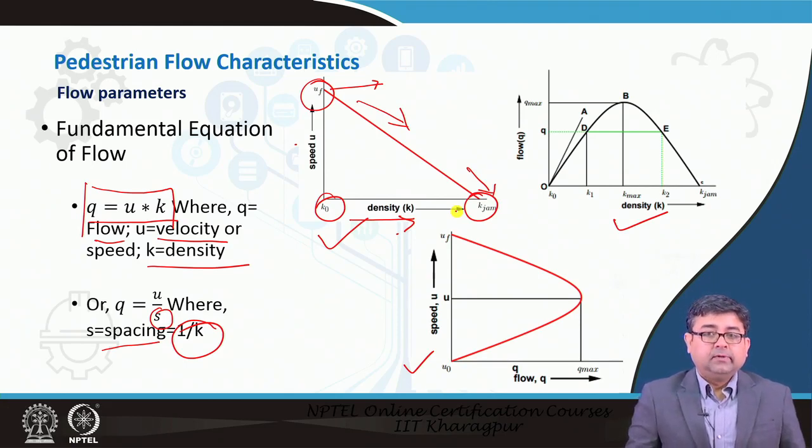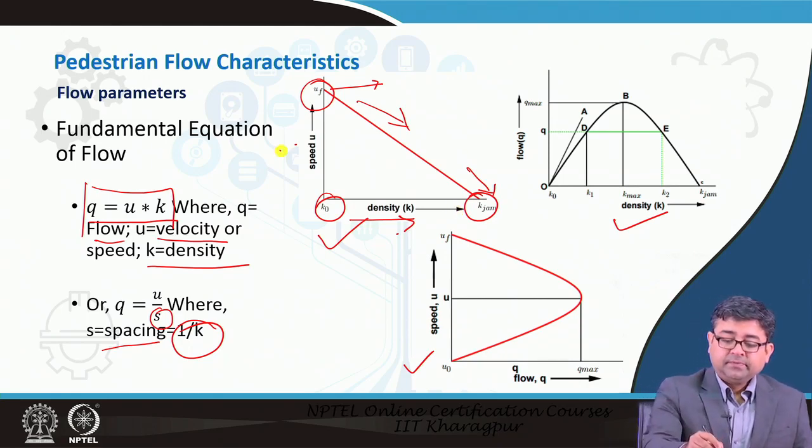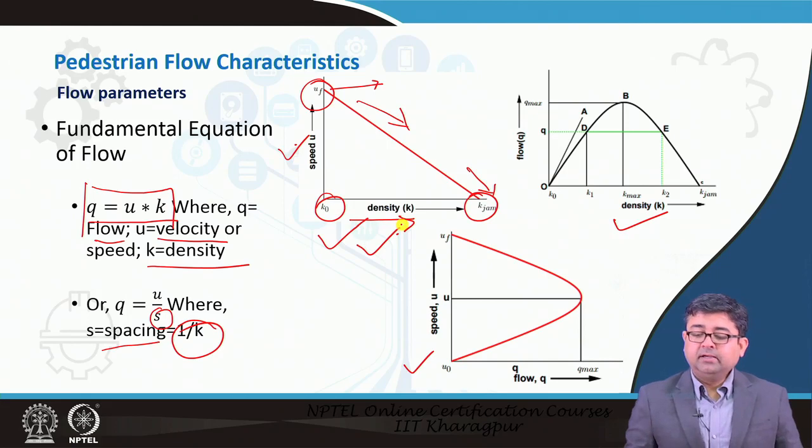You experience that situation when there is congestion and the vehicles are not moving, and sometimes when you are in a very crowded area, maybe there is an event happening and nothing is moving. So, that is kind of jam density, right. So, speed and density have an inverse relationship.